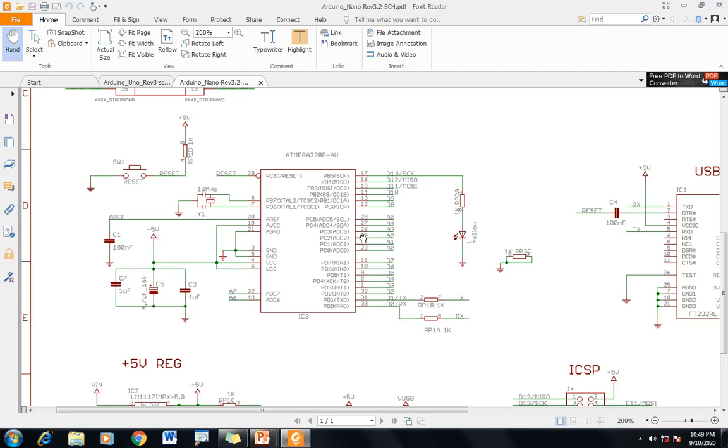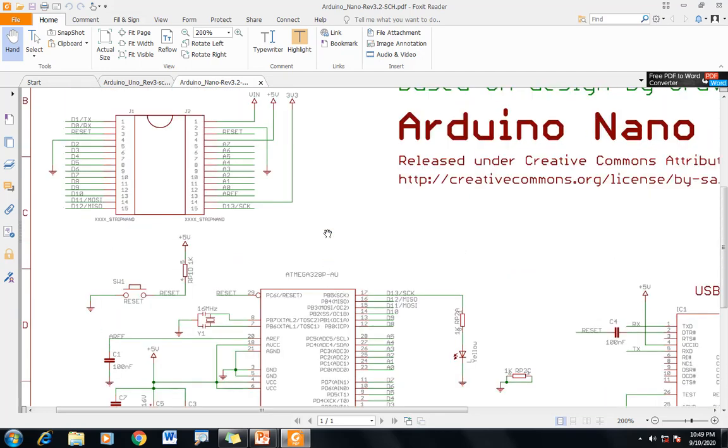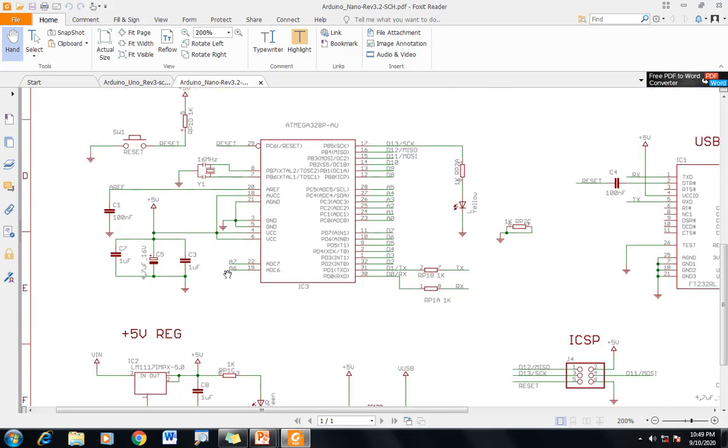The main objective of this video is to make you understand how you can design your own circuit using this as a reference. You can see here some resistors and an LED mounted. As I was saying, it is connected to your D13.